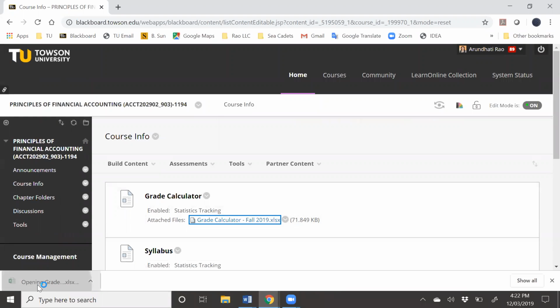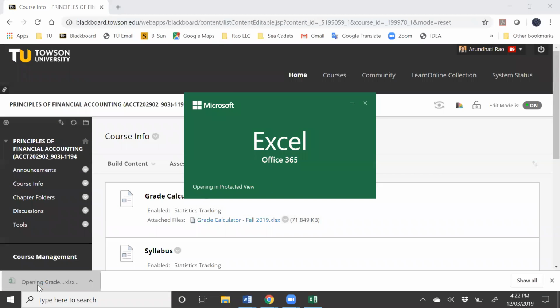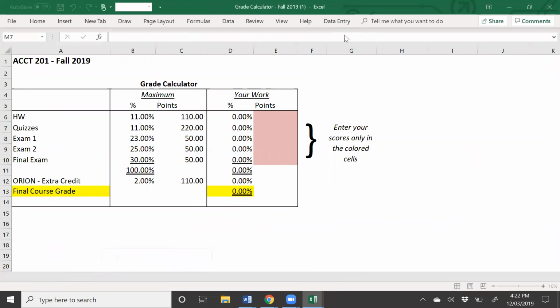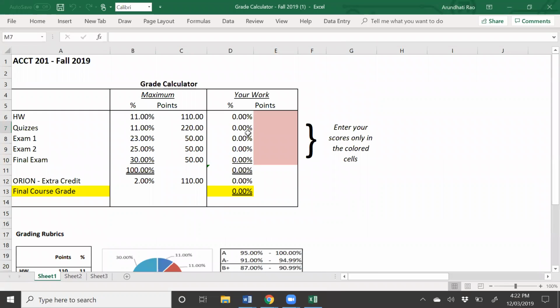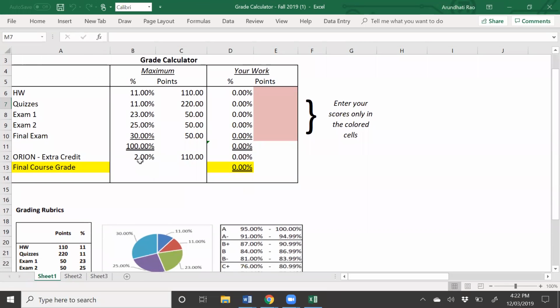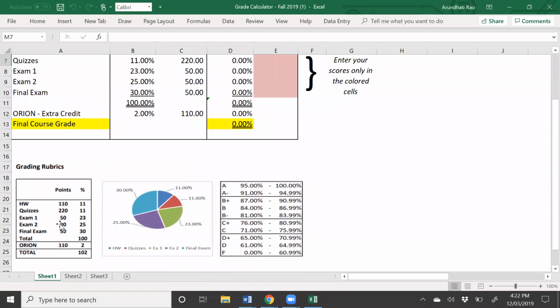That's the Excel file. Open the Excel file as I'm doing right now, and we will enable the edit, which means that will let me enter information over here. So to start with, this grade calculator has been built on what was listed in your